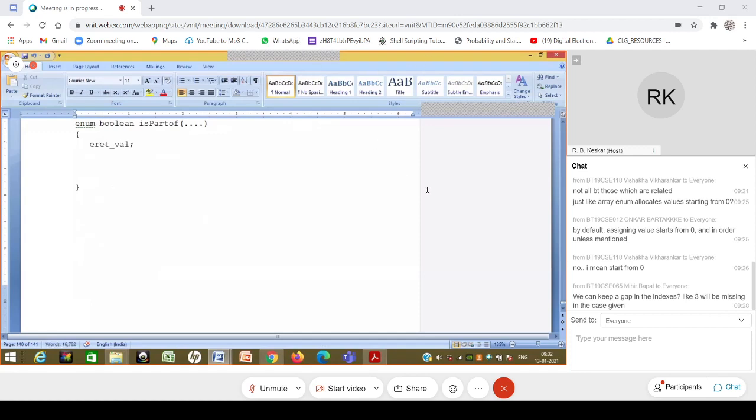So I will say enum boolean rate val, and then over here I can set some value: either rate val is equal to true, and in some other cases I may put the value as rate val is equal to false.